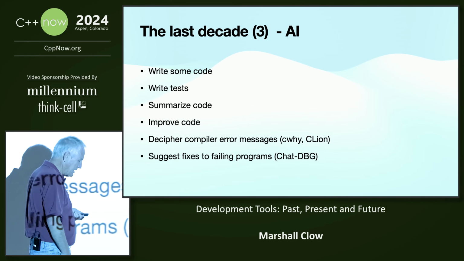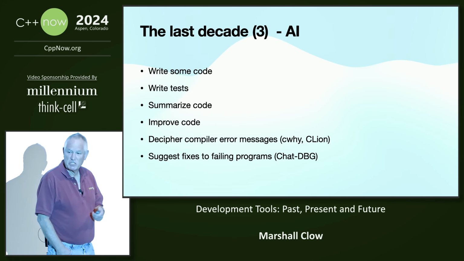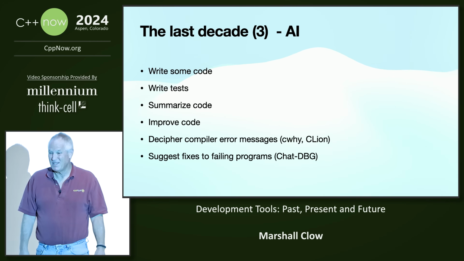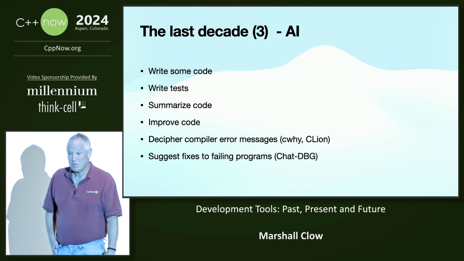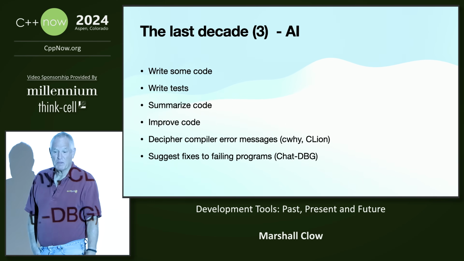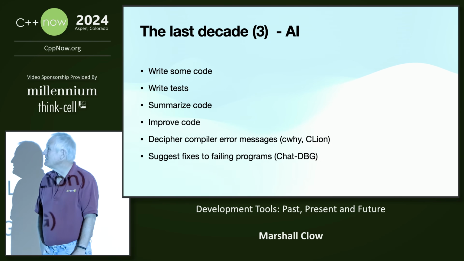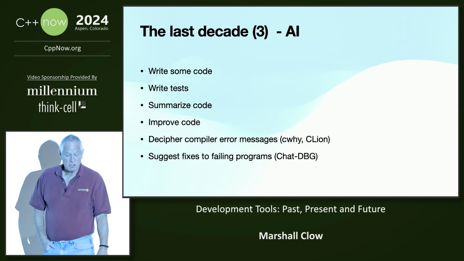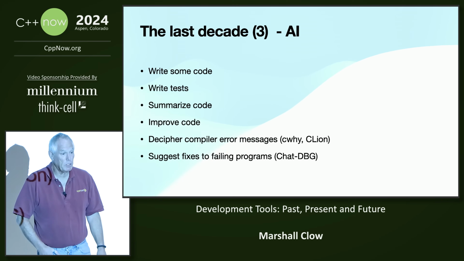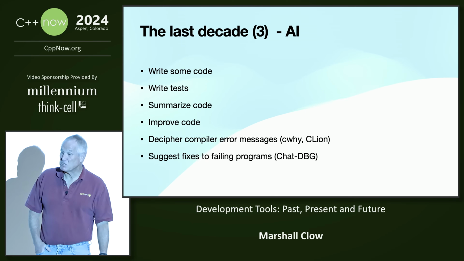Summarize code. It could give you a summary of what this code actually does, or as Anastasia demonstrated on Monday, it can generate doxygen comments for your code. Now, you really want to look at this because it just might make something up in the description of the code. But still, a lot of generating doxygen comments and so on is really boilerplate. And if you can automate a big chunk of that, that's a win.